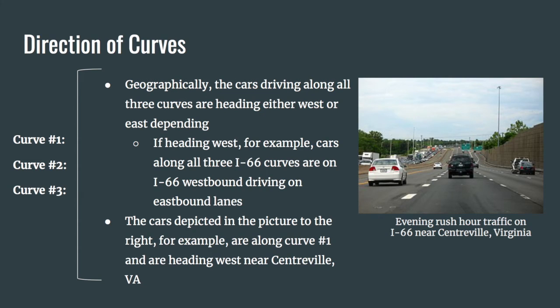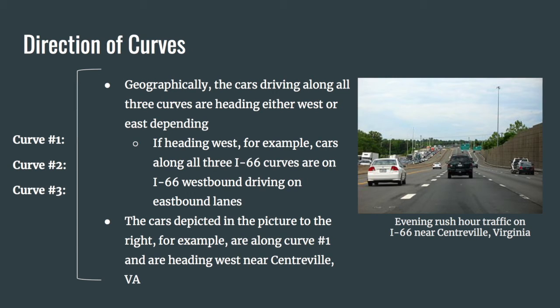Geographically, the cars driving along all three curves are heading either west or east depending on one's reference frame. If heading west, for example, cars along all three I-66 curves are on I-66 westbound driving on eastbound lanes. The cars depicted in the picture to the right, for example, are along curve number 1 and are heading west